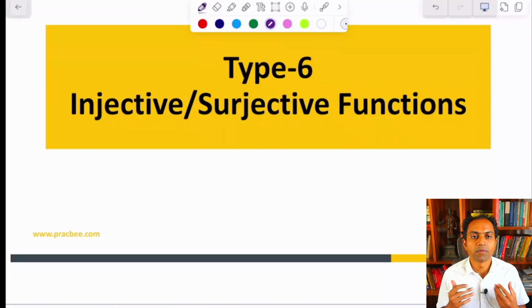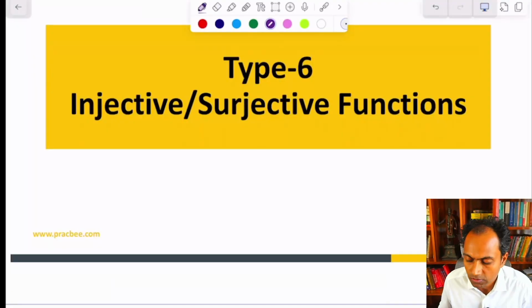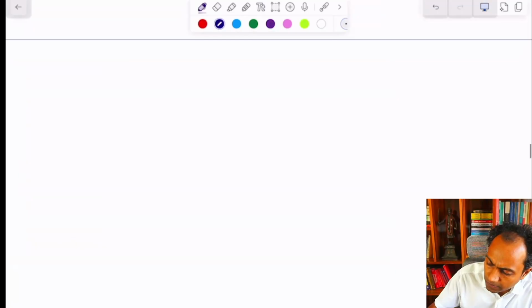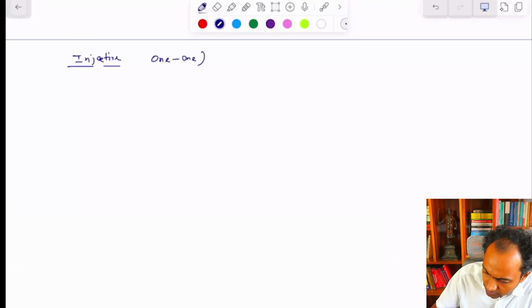Now type 6 problems are based on injective and surjective functions. Now let us first understand what are injective. So injective function is another name for 1-1 function. So this is the one that students always remember, because as the name says, one element is getting mapped to one element. So if I look at it from a